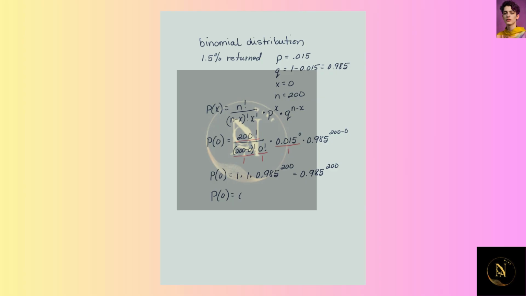which using the calculator we would know is 0.0498. So what that tells us then is the probability of 0 mailings being returned out of a sample of 200 is